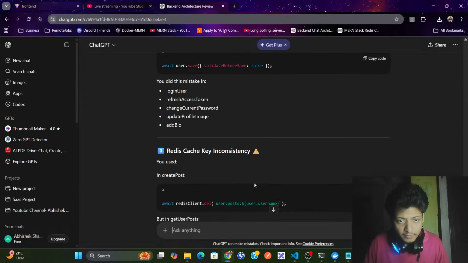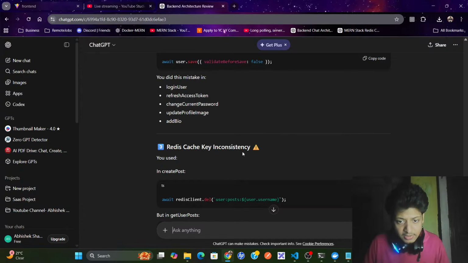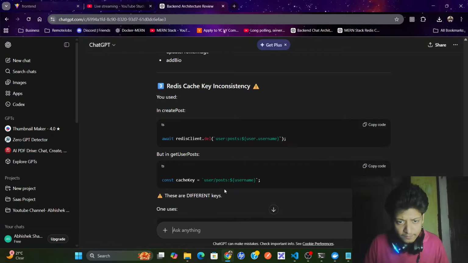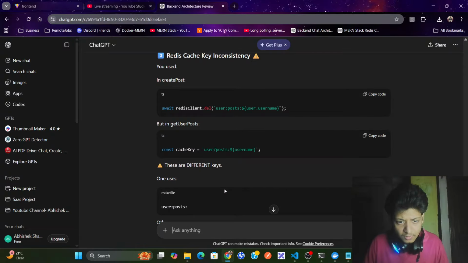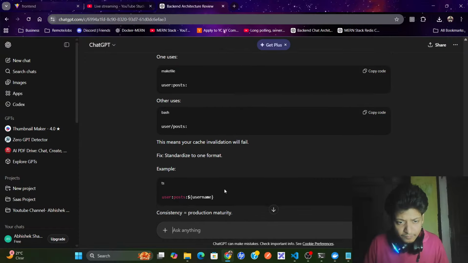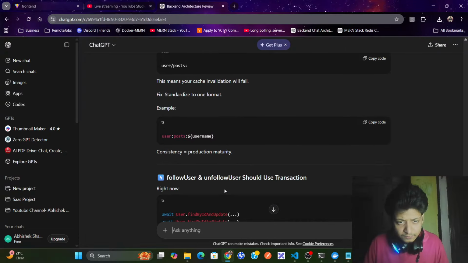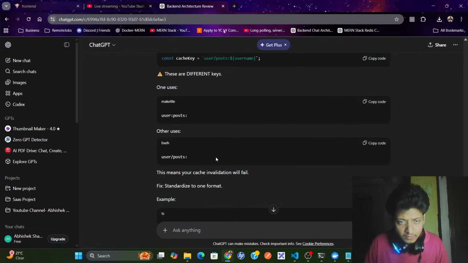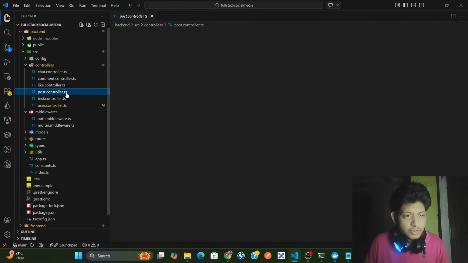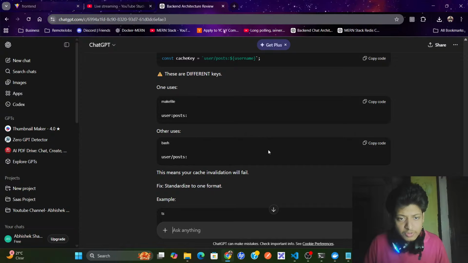Get user profile. Okay, Redis cache key inconsistency: you used create post this in get user, make it use one. Okay, fine. Basically in my post controller, in create post,